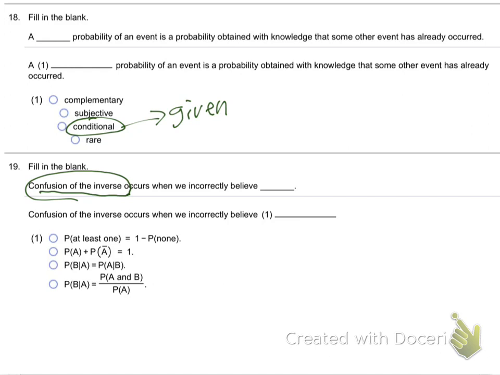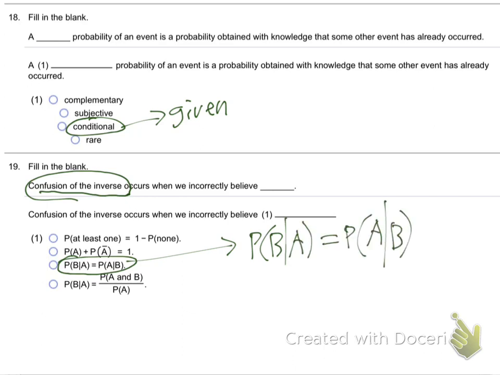It's this one right here. They confuse the probability of B given A, and they think it's the same as A given B. It's really not the same. But it's easy to think of it as the same thing, even for medical professionals. A given B, B given A. That's called confusion of the inverse. They think you can invert them and it's the same. It's not the same. Specifically, the chance of cancer given a positive result versus the chance of a positive result given cancer. They confuse those, and it's not the same. And that's important on that.